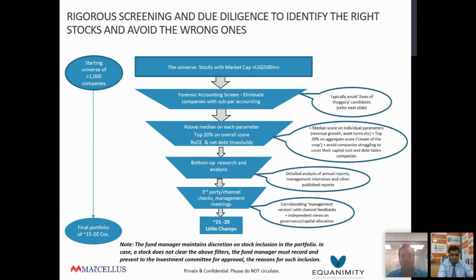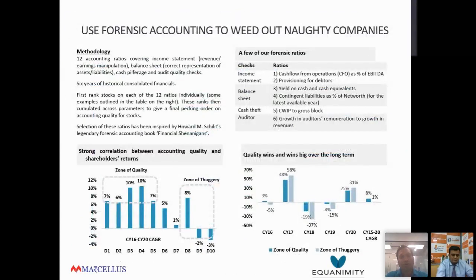So this is our investment process. Most of you must have seen that the chart or the flow looks similar to what we have for other products. So essentially, there is a starting universe. There are roughly 1,000 companies which are listed in less than $500 million market cap. So the first filter which we use is the forensic accounting screen. The forensic accounting screen is nothing but a set of 12 accounting ratios which we use to weed out companies with